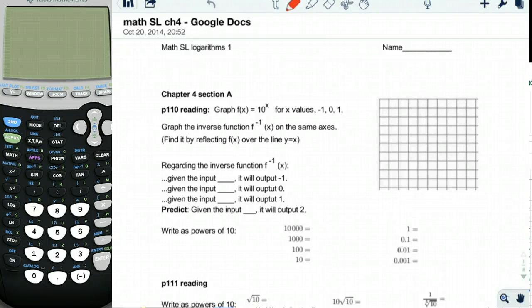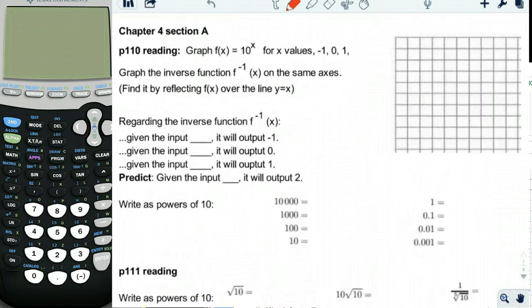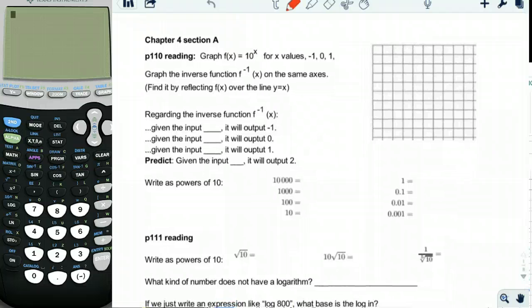This is the first problem set for logs. Chapter 4, Section A, page 110 reading. Graph the function 10 to the x power for x values negative 1, 0, and 1. Let's see, so